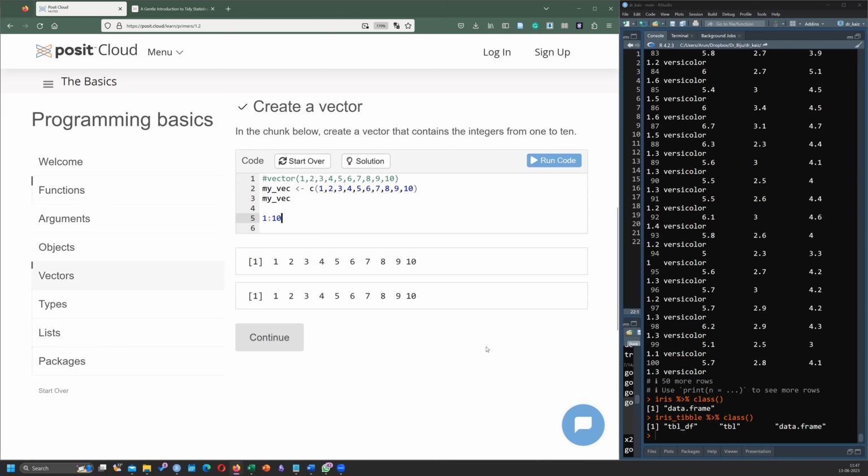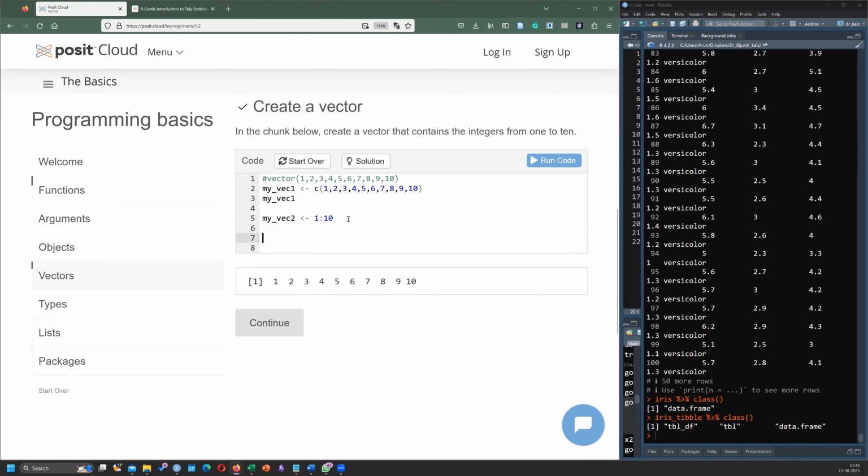One other way you can do it is to type it all out, but here with 10 it is okay. If it were 100, that would be hard. So this also can be shortened. I'll call it my vec2, and this is my vec1.